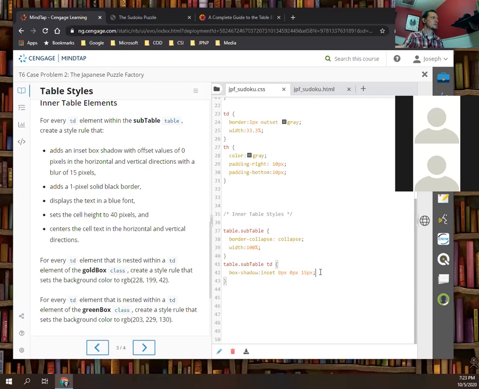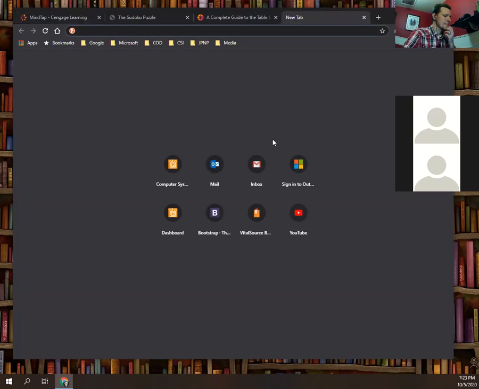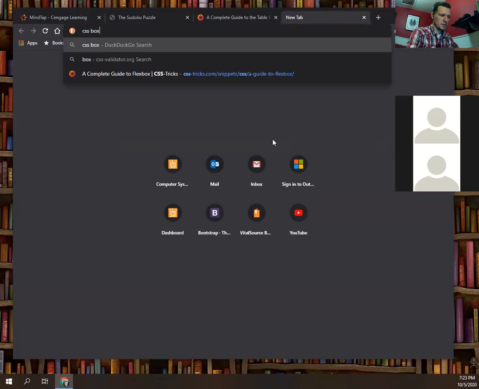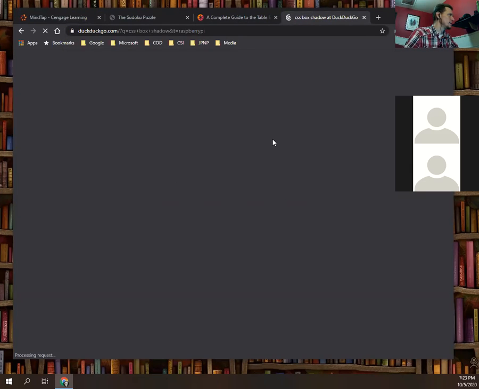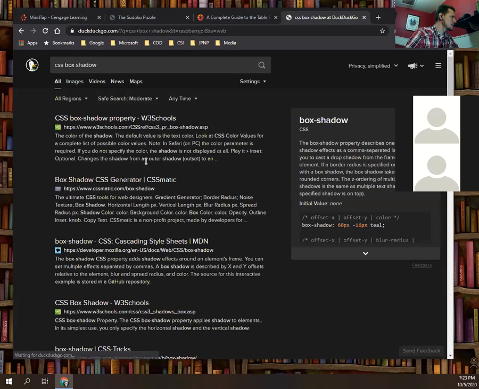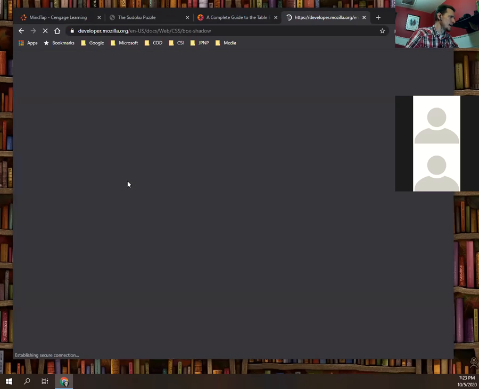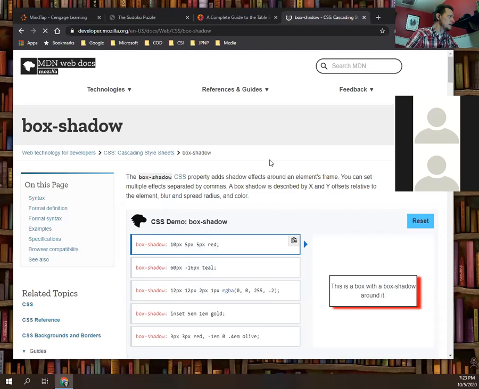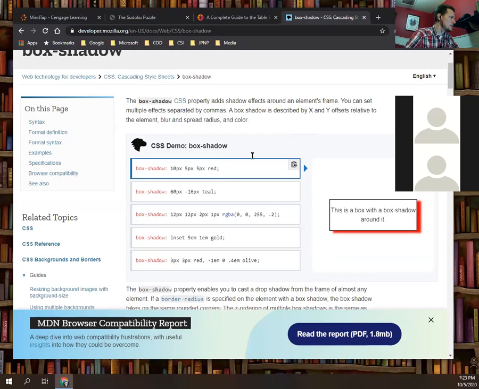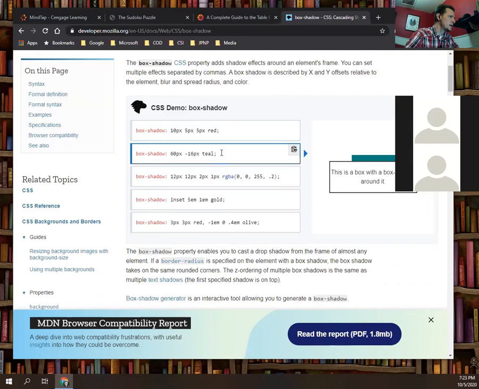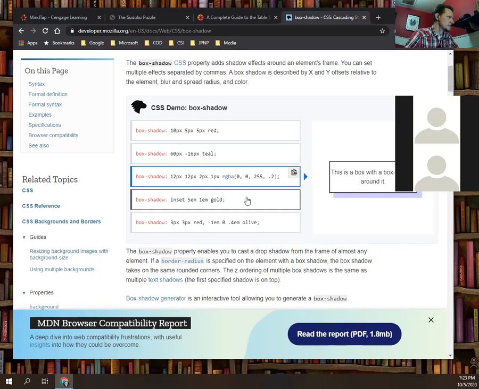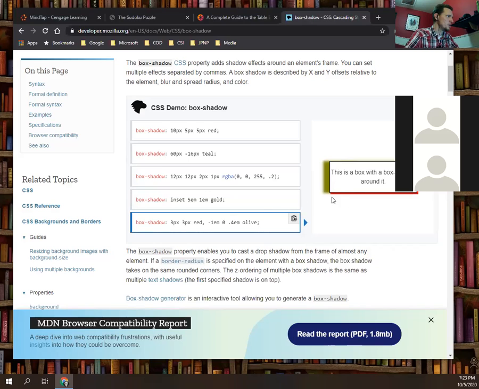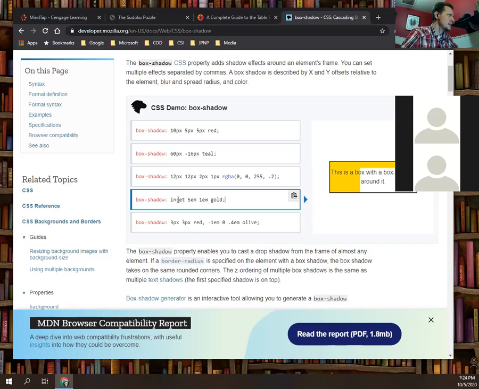The way box shadow works, and we can look up box shadow at the Mozilla developer pages and get the actual syntax of this. Make sure we get a full syntax. So here's just an example. Box shadow, and you can see on the right hand side it's moving around. You can set multiple box shadows and it will perform them in order and layer them on top of each other. Right? You can set inset like this one is,